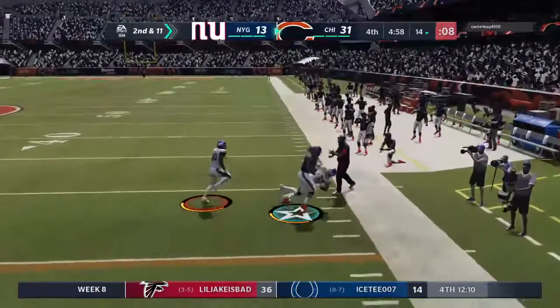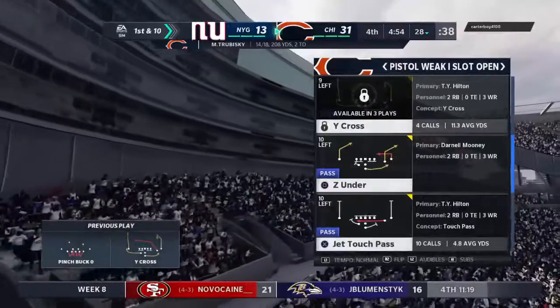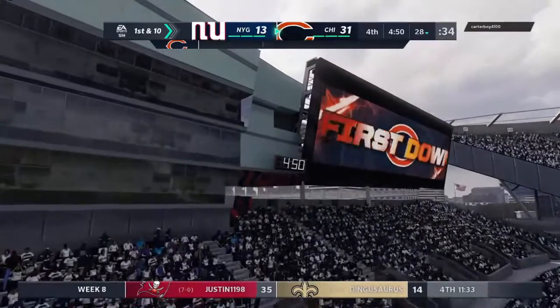Now this one to his running back out of the backfield. And he works it across the 25 before being tackled. Give him 14 on that one and a first down. And looking to put this game on ice in the fourth quarter, but still not afraid to throw it as